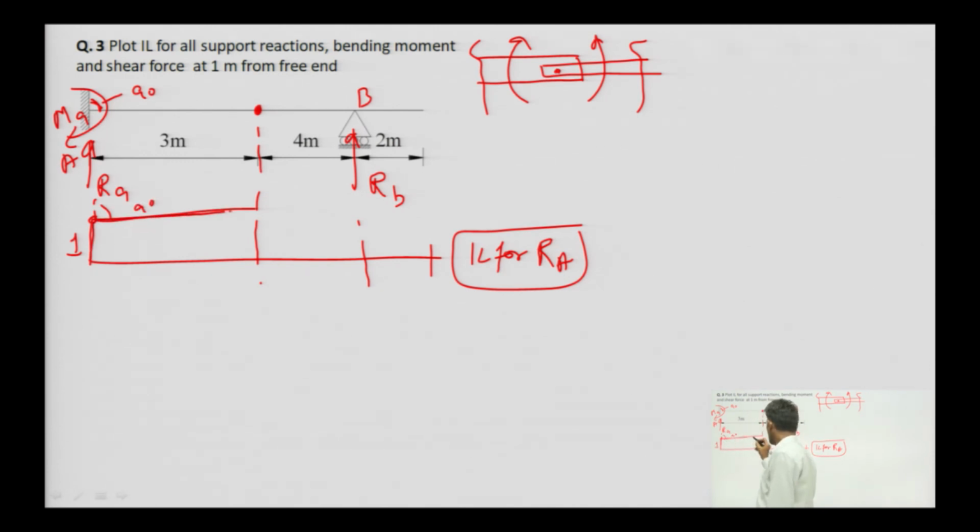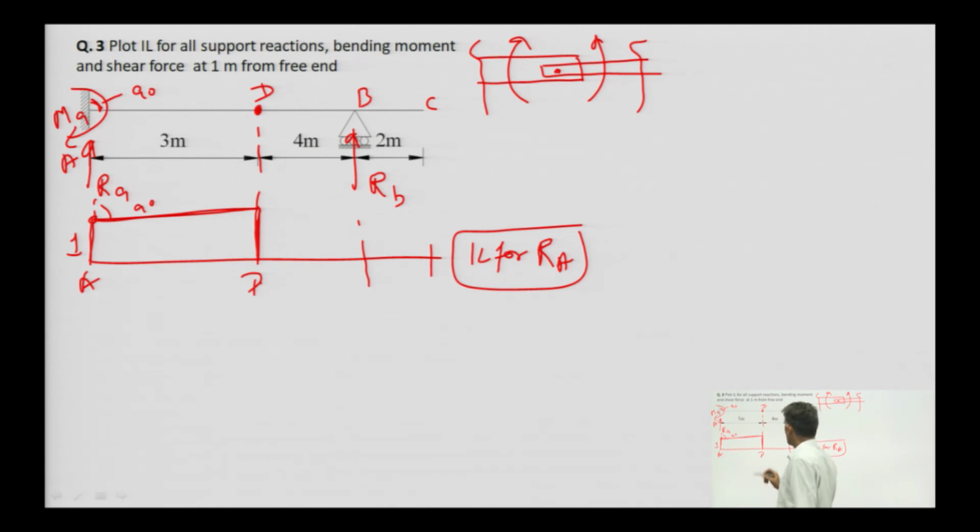means this one segment has that shape, okay. And what about for this part? This is for B, suppose this is C, this is suppose D. So, this is for A to D. We have plotted the IL for reaction at A for segment AD, and what about for segment DB and BC?